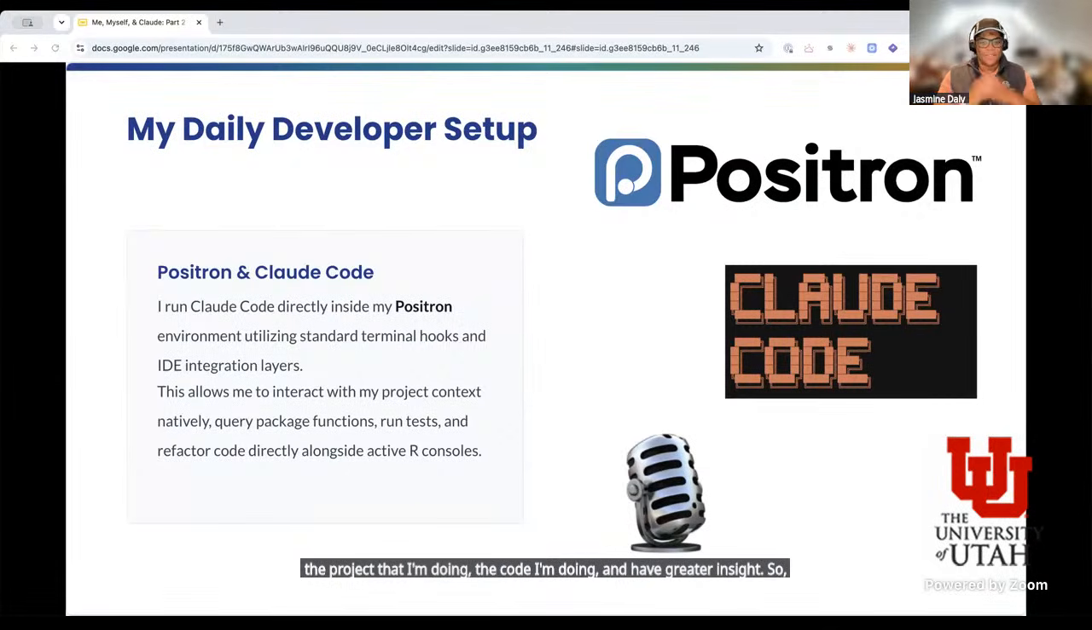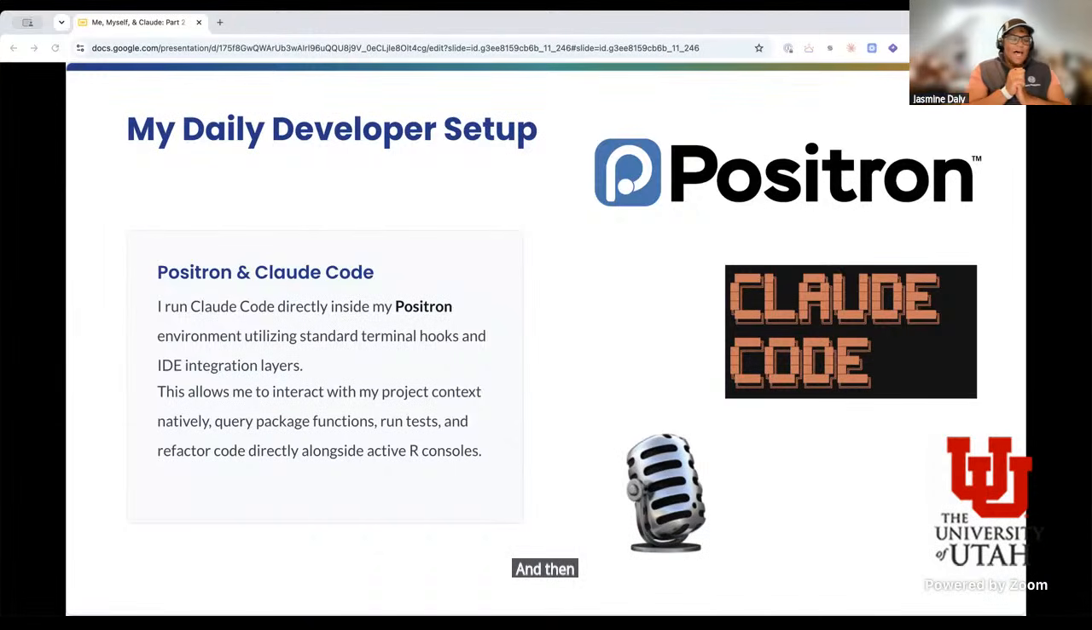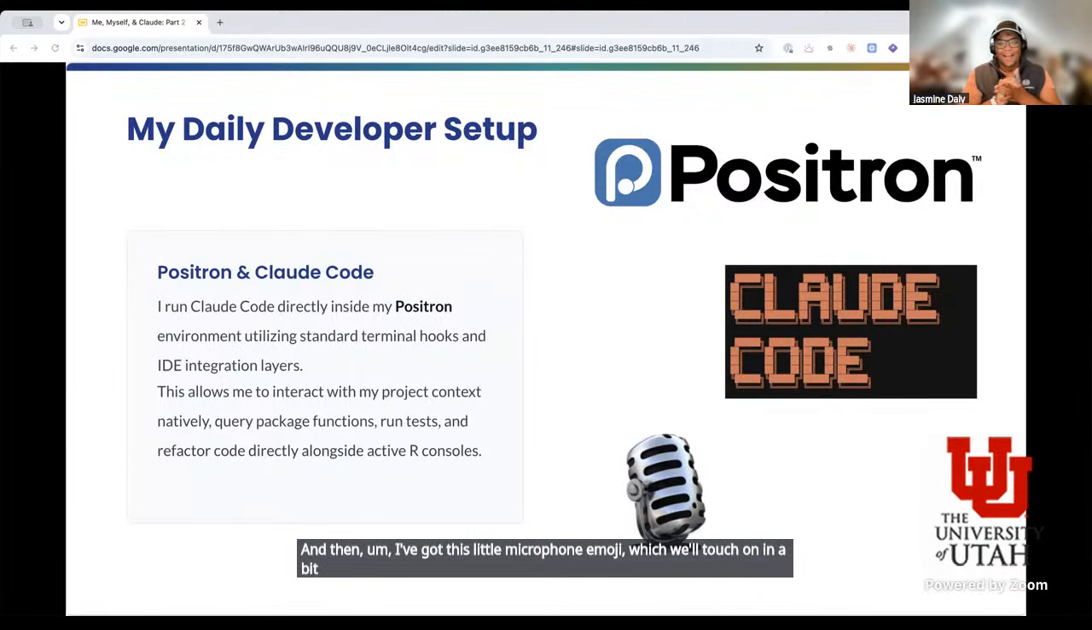So it's Positron, it's Claude Code as the extension inside. And then I've got this little microphone emoji, which we'll touch on in a bit. I have been talking a lot to my computer